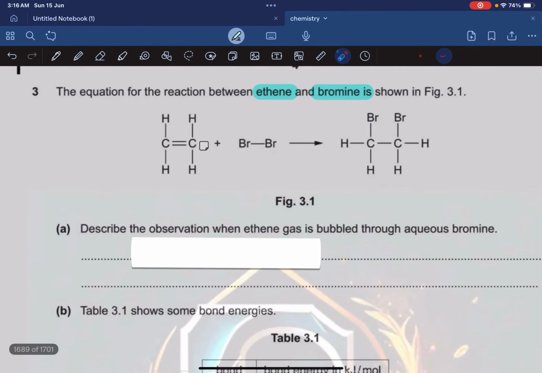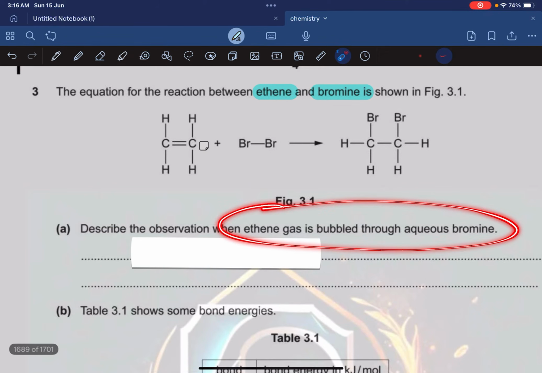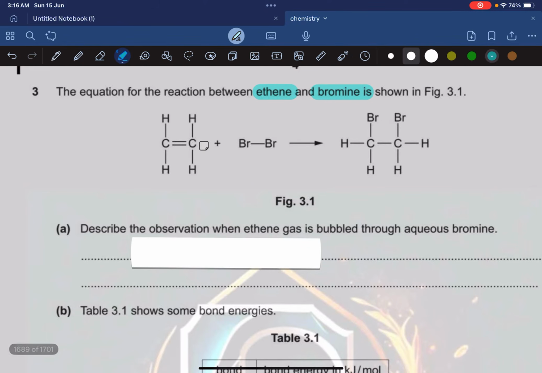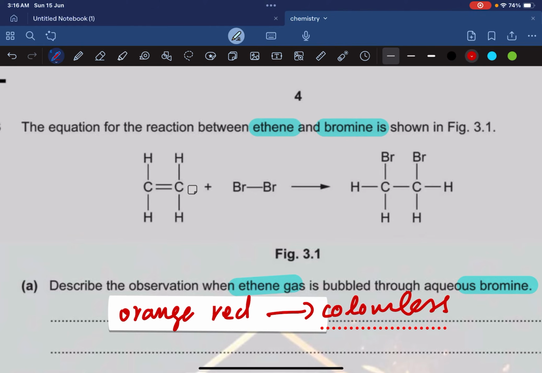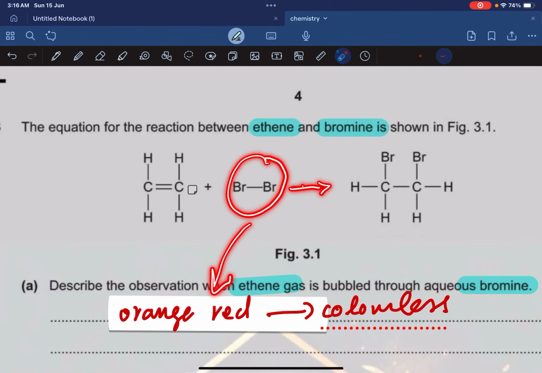Describe the observation when ethene gas is bubbled through aqueous bromine. I guess that's simple enough, you have ethene gas, which is an alkene, and you have bromine. Whenever you add bromine to alkenes, the solution goes from orange red to colorless. And why does it happen? Because this bromine is orange red, and after this addition reaction, this compound